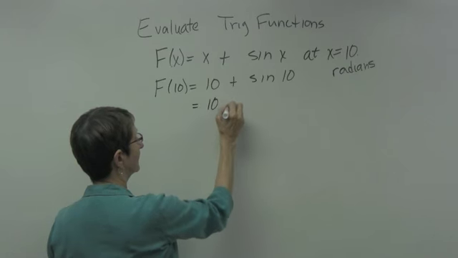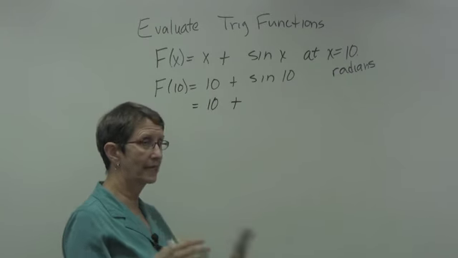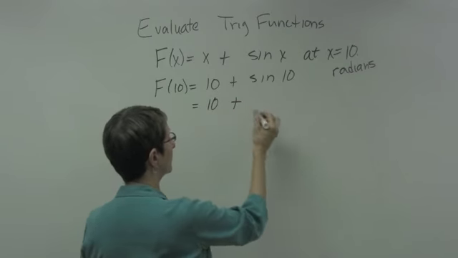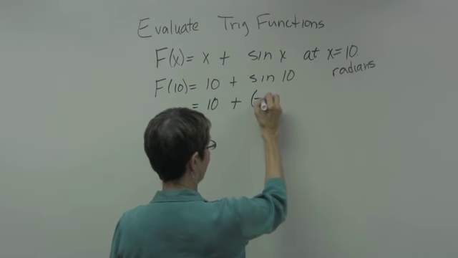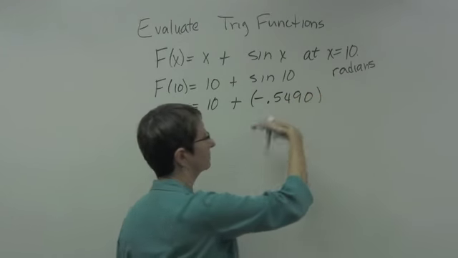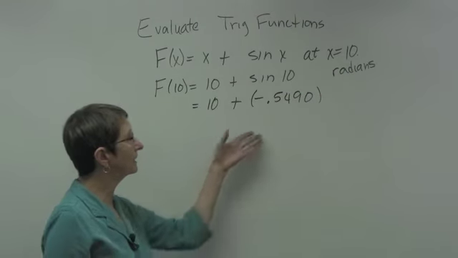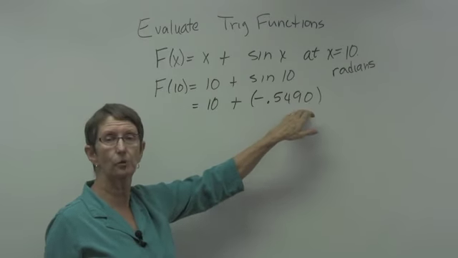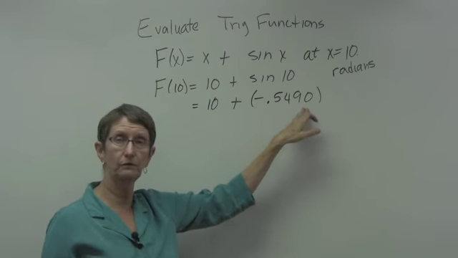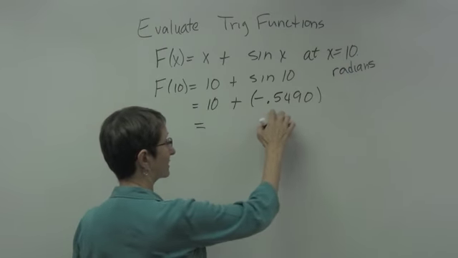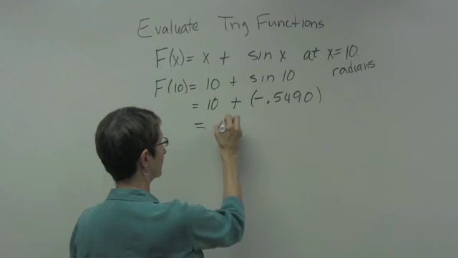So this is 10 plus, so I type in 10, I make sure I'm in radians, I hit the sine button, and I get negative 0.5490 and a few more. Depending on how your answer is written, you'll want to use at least a couple more decimal places than your answer, so you can round if you need to. So I've got 10, and I subtract 0.5490, and that gives me